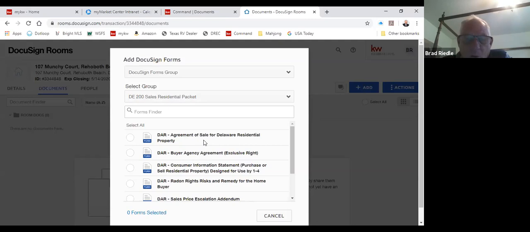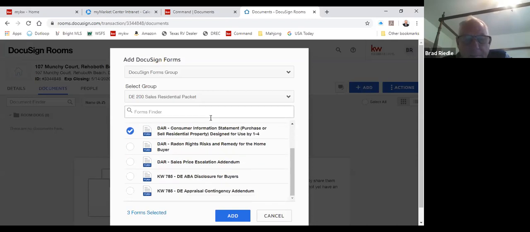It doesn't have any blank addendums. It doesn't have requests for escrows because they all come later in the transaction. So we wanted you to have a shorter list of the forms to get this transaction started. So all you do is you click on whatever ones you want: agreement of sale, the buyer agency agreement,